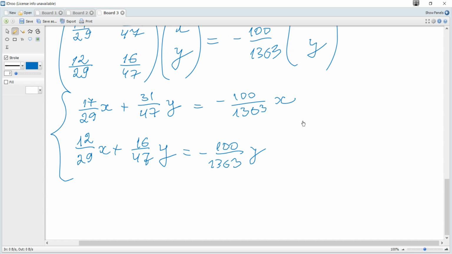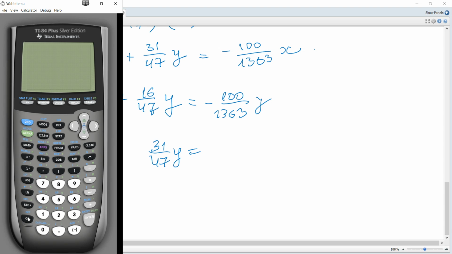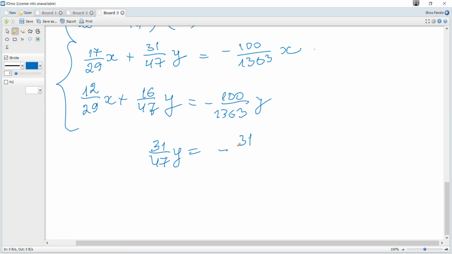Then we consider one equation, let it be the first, and let's simplify it, and let's move this x to the right, so it becomes negative 100 over this minus 17 over 29. And you can see that it becomes negative 31 over 47x, and you can see that it becomes just y